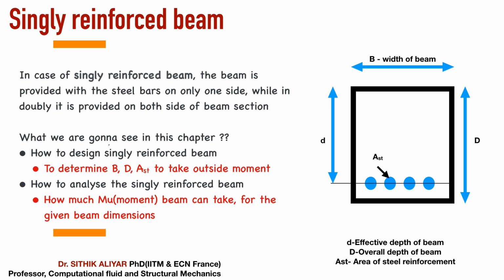You see the right side figure. The small d is the effective depth of the beam. We will measure the effective depth only from the top of the beam to the center of the reinforcement. Capital D is the overall depth of the beam, B is the width of the beam, AST is the area